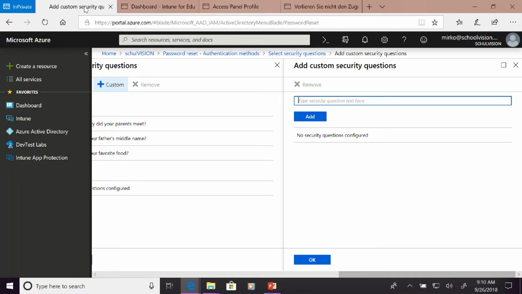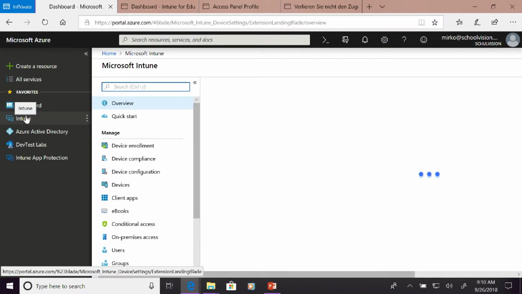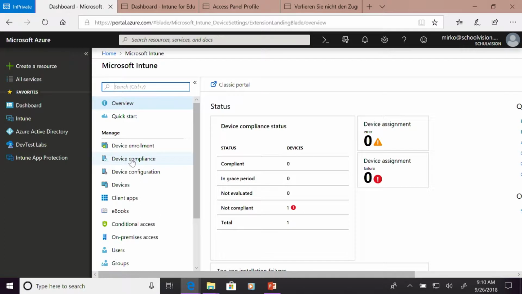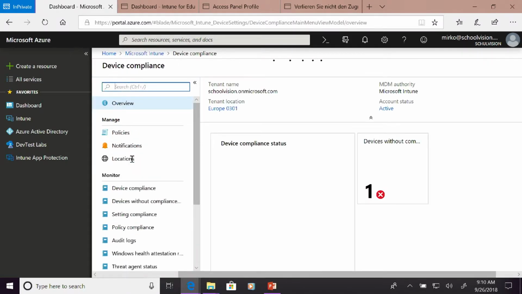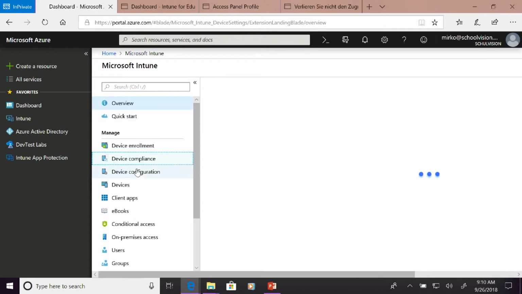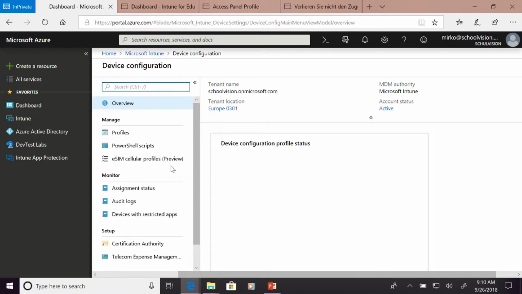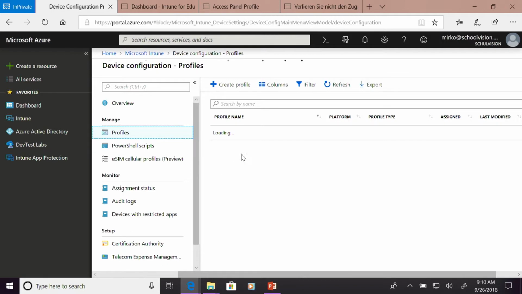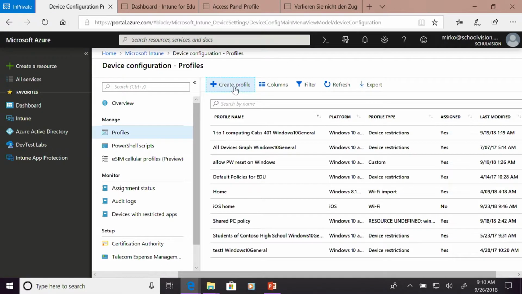So here in my Azure portal, that's the classic portal, right? In the Intune portal, you can easily create a device configuration profile.